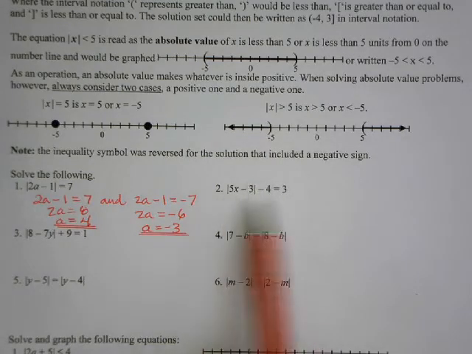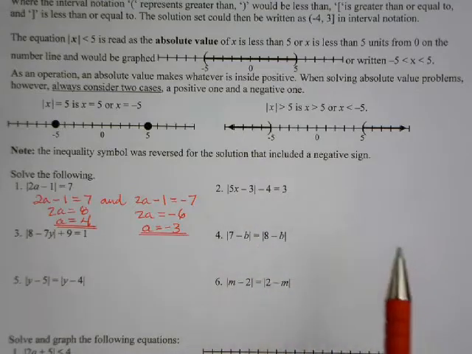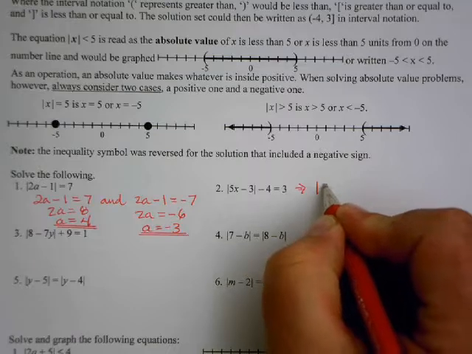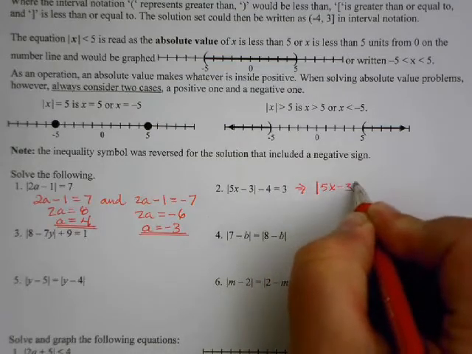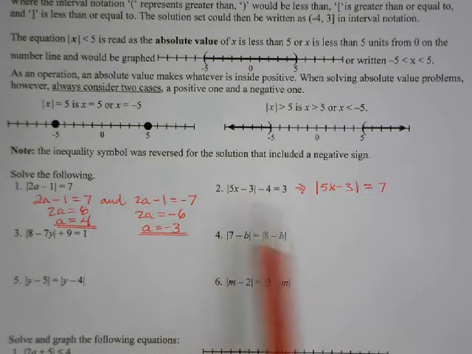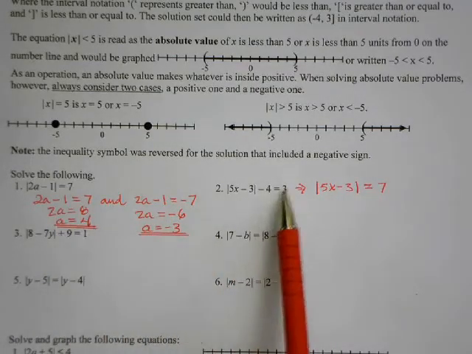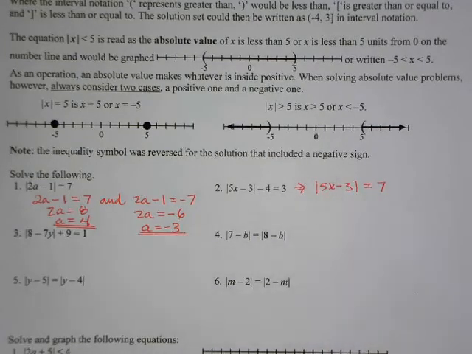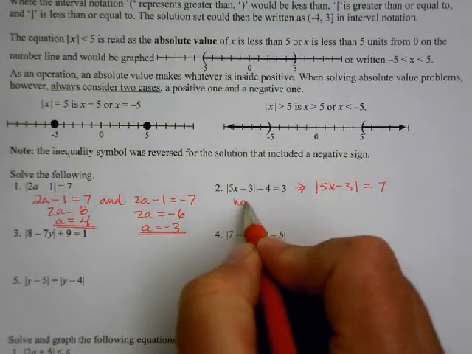Now, if we have a situation like this, we treat it very similar to the way we did with the square roots in our equations. That is, we need to have everything that is not the absolute value on the other side. In other words, we're not going to do the two cases with the setup as shown. We have to first have the absolute value equal a number, and then we can do the two cases. So now we can go ahead